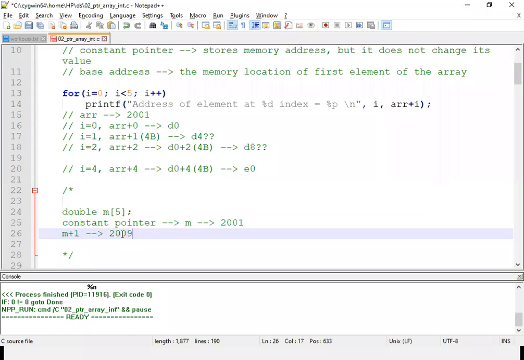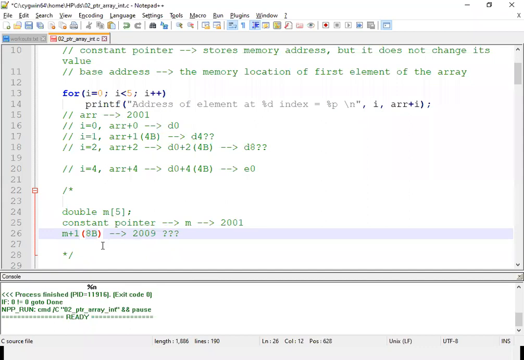Any other answers? Now, Charan, can you clarify why it is 2009? Sir, by using the above method, 2001 plus 1 into 8 bytes, because 1 double is 8 bytes.